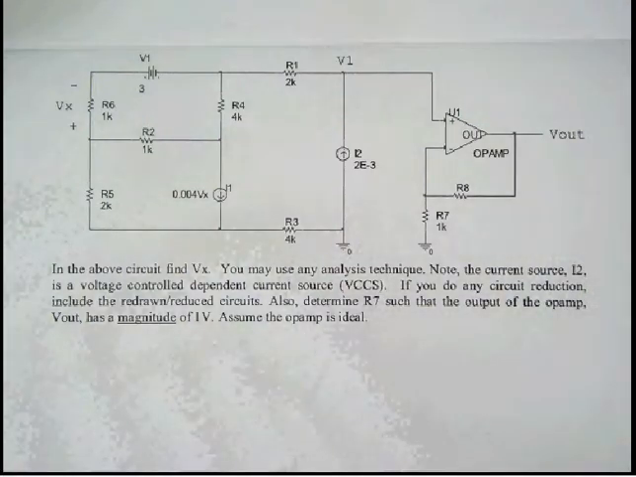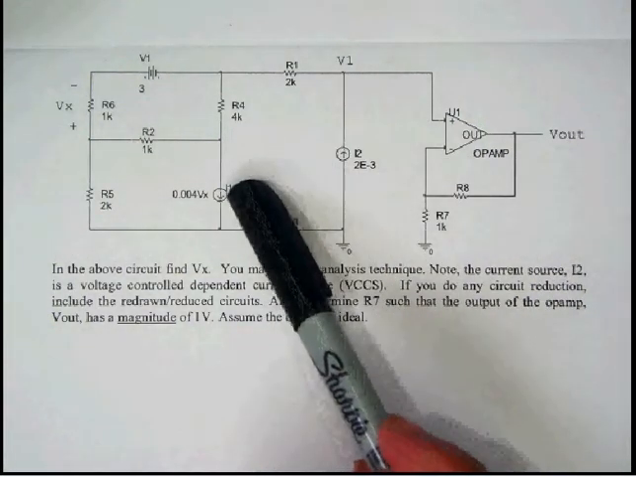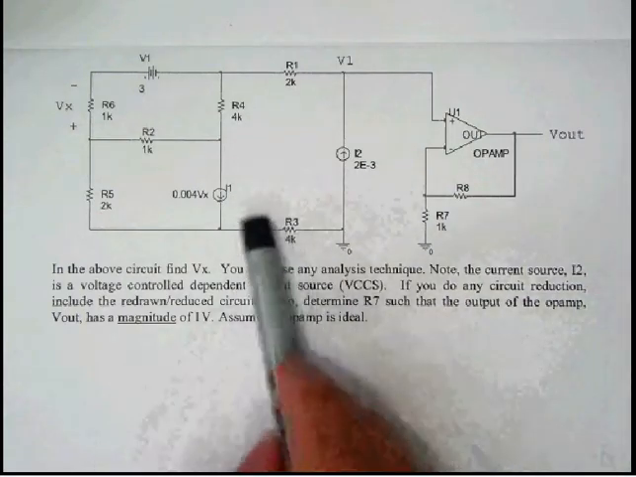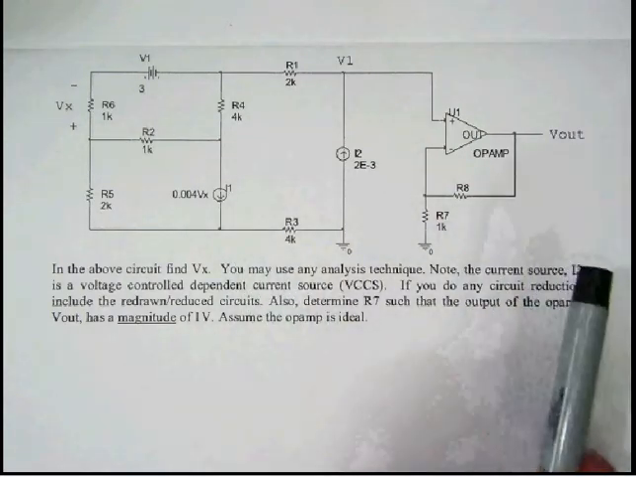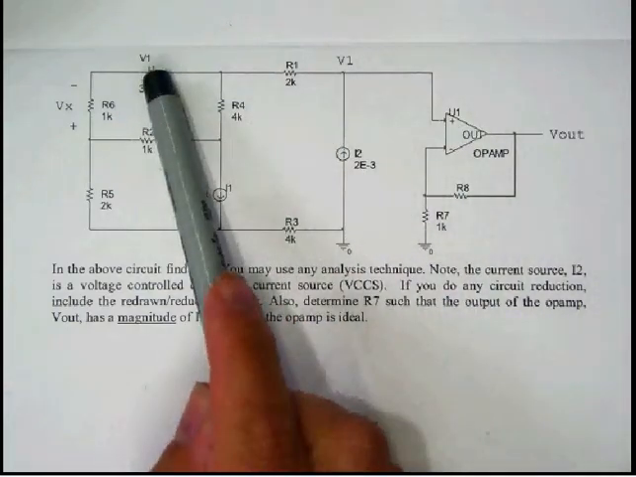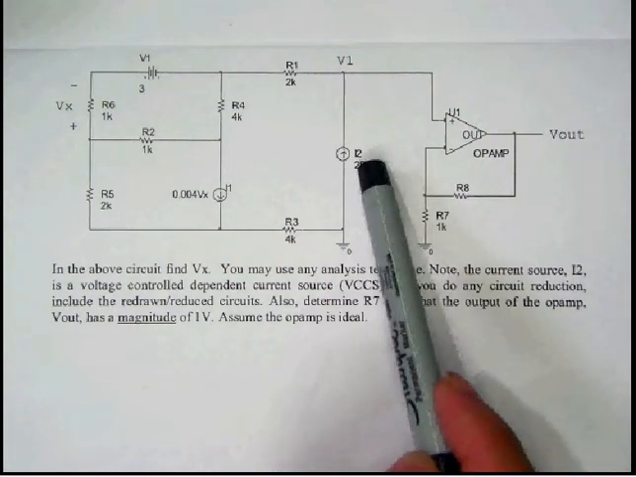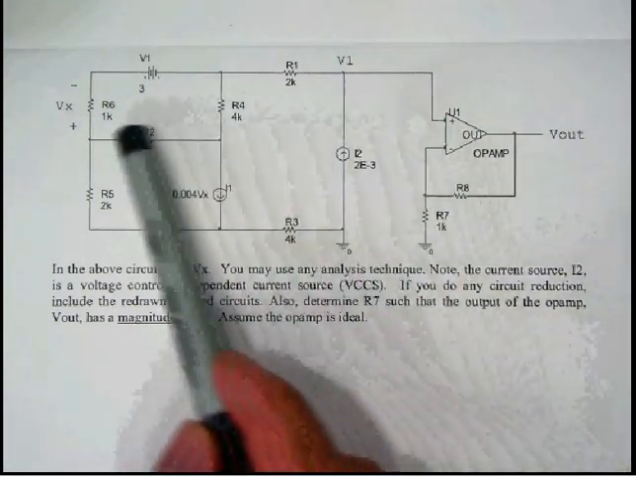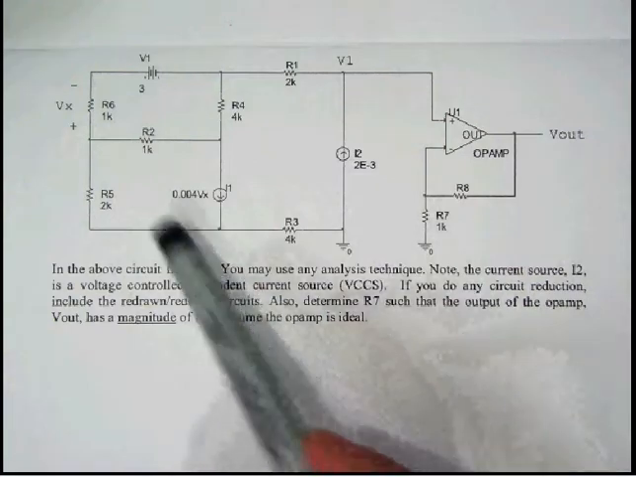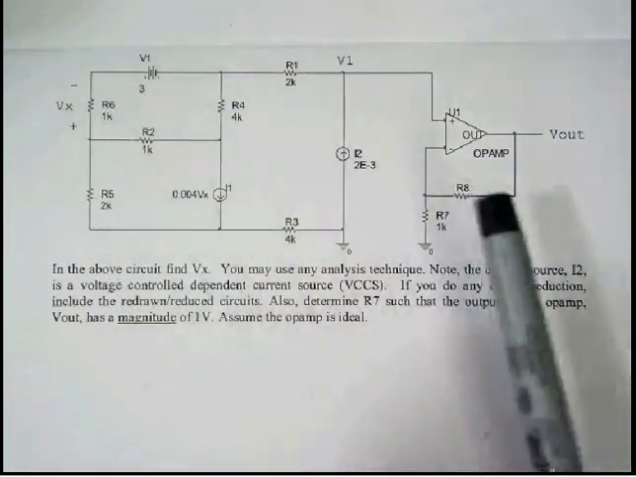So what we've got to do here is we realize there's a voltage-controlled current source right here, I1. We've got a fixed voltage source V1, and we've got a fixed current source I2. What we've got to do is find the voltage across R6, Vx, right here,